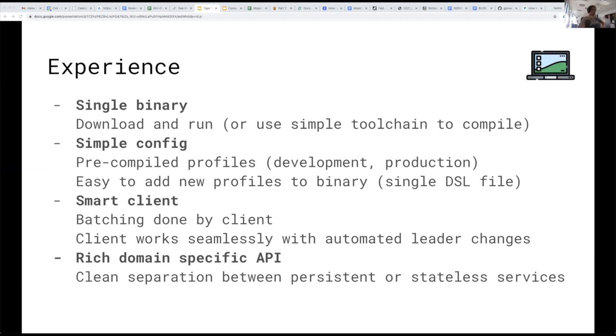The client. We've written a client in TypeScript, and the idea is that the client is quite smart, so that when you embed the client in your application, you're not having to think too much about things like batching, or worry about the consensus and so on. And so we're doing our best to make that experience really easy for developers as well. When you work with TigerBeetle, you don't have to worry about who's currently the cluster leader, etc. And then, we want to provide a nice, rich, domain-specific API. So sorry,